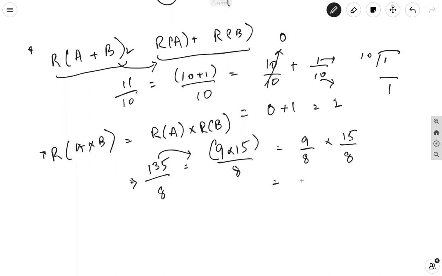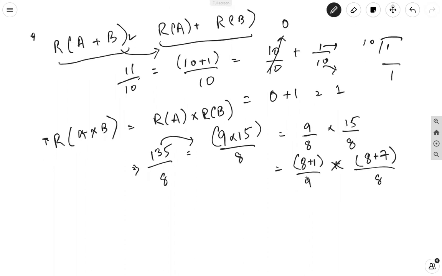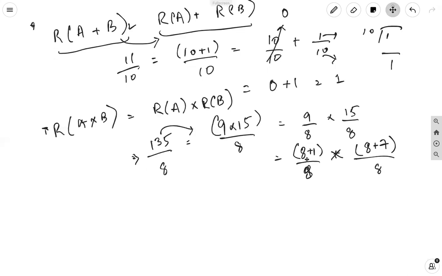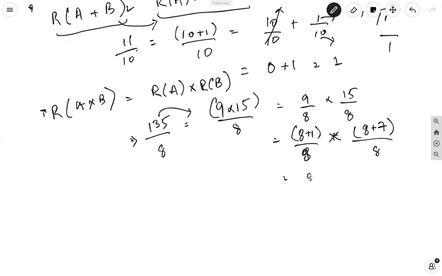We can also write this as 8 plus 1 over 8 into 8 plus 7 over 8. So this will be 8 over 8 plus 1 over 8 into 8 over 8 plus 7 by 8,